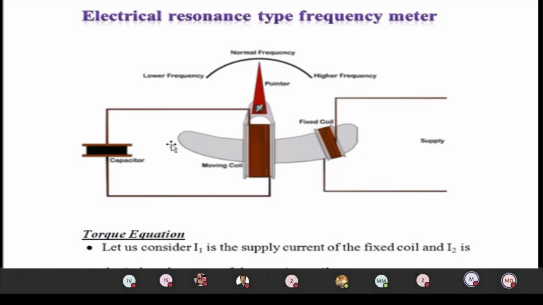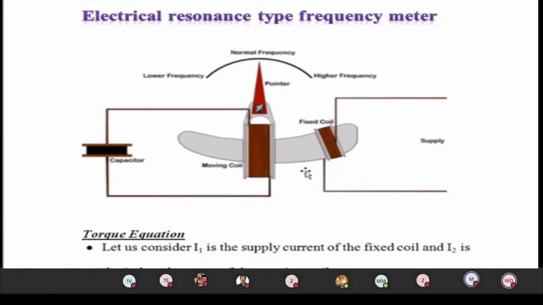You can watch the diagram. The core of the fixed coil is larger compared to the moving coil. We can say it has the longest core. The magnetic flux produced in the coil will be established around the core, and at the other end of the core, a movable coil is placed. We can treat the movable coil as a conductor, and already in the core there is a flux.